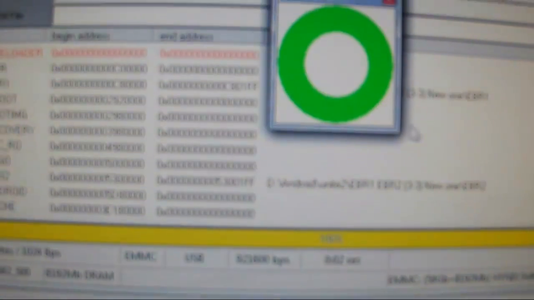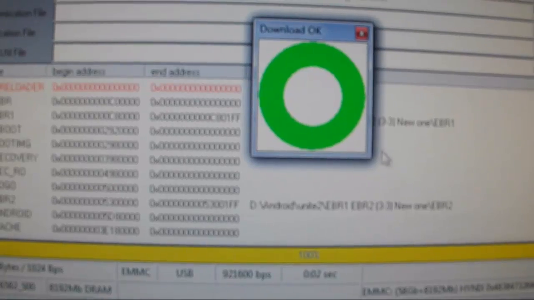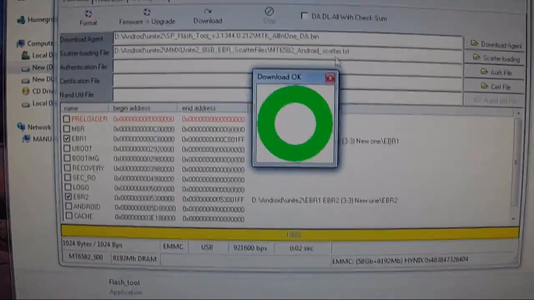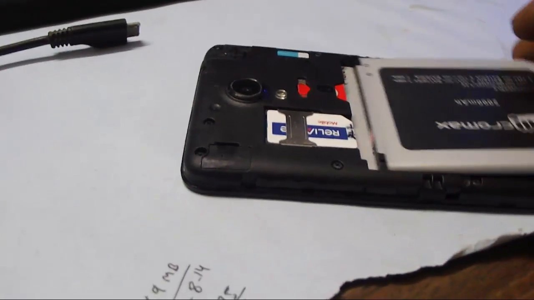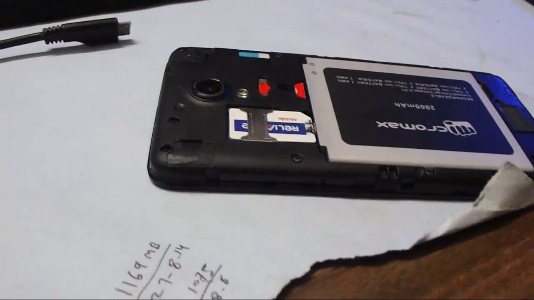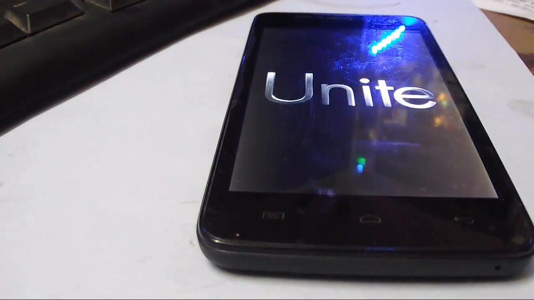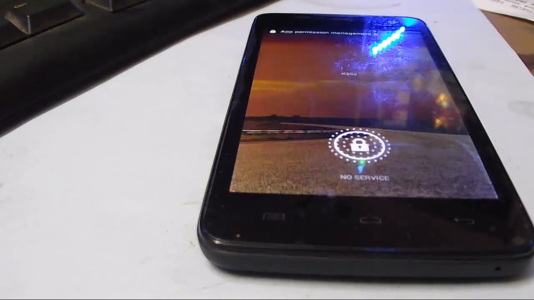You can see the progress bar, and very quickly you will see the download OK button. It will show you that all the files have been successfully uploaded to your phone. So once this process is complete, you can safely close the SP Flash tool. You have to return back to your phone and reinsert the battery. Now this phone should boot up properly. I expect this to go on smoothly. Most probably it will come up with the modified data partition space.